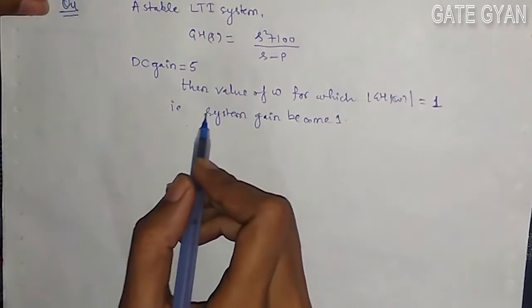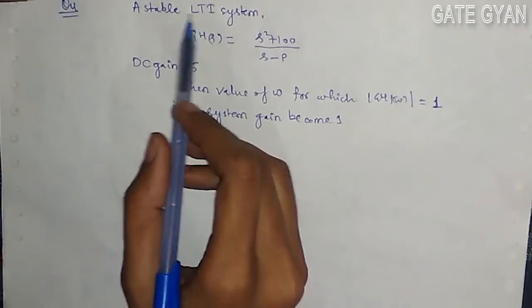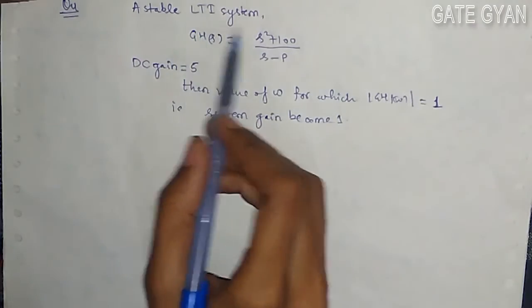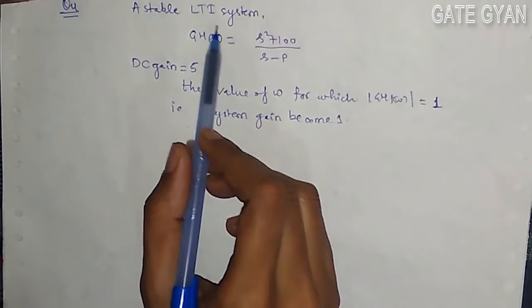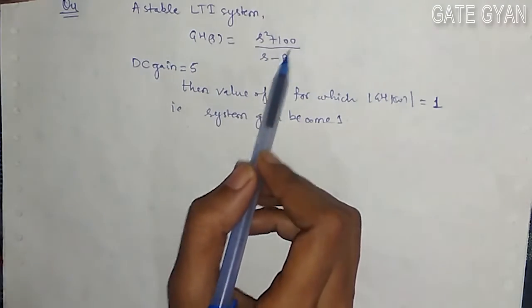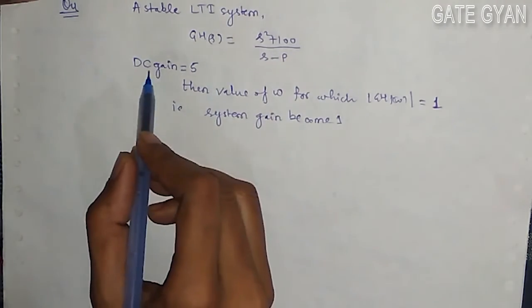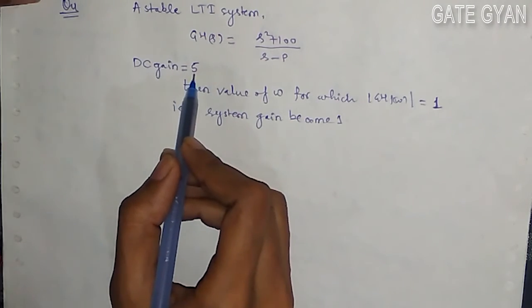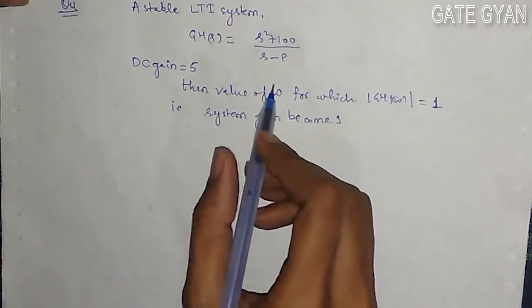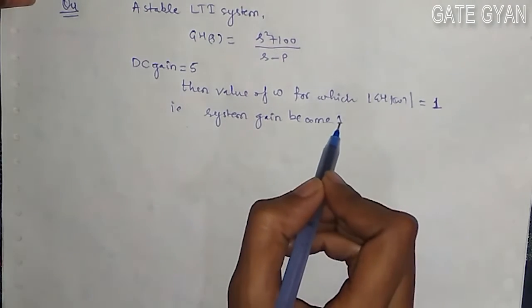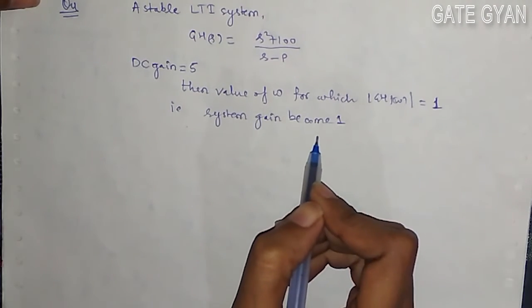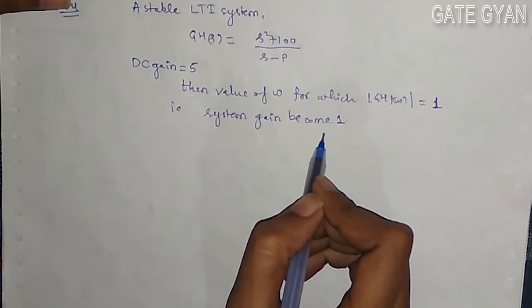Here in this question, it is given that a stable LTI system has a single pole at p, and the open loop transfer function of the system is given like this. Also given is that the DC gain of the system is equal to 5. It is asking for the value of omega for which the system gain becomes 1. So here we will use the gain margin